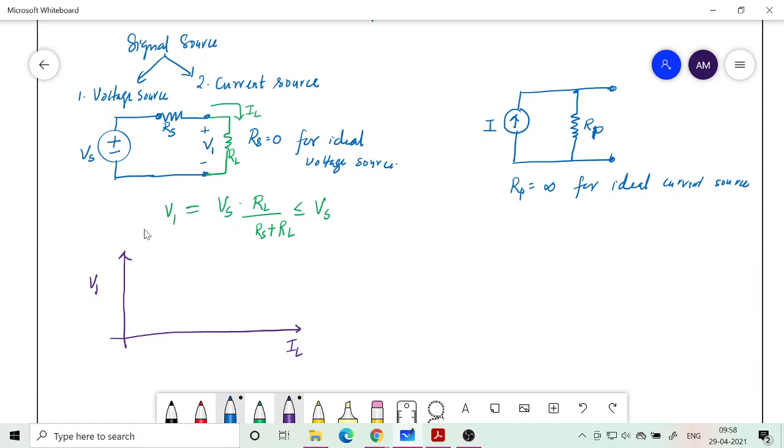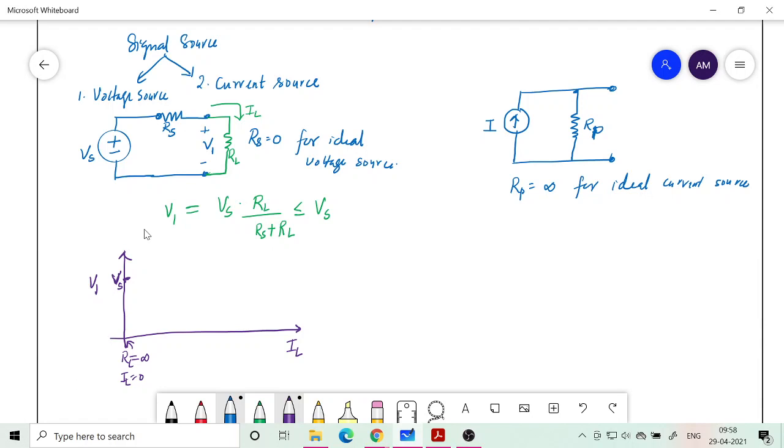So this side is where IL is equal to 0, which is RL equal to infinity. So that is this point. At that point, definitely you will get whatever is generated, but then we are not able to use it for any purpose. So Vs you will get only when IL is equal to 0, where RL is equal to